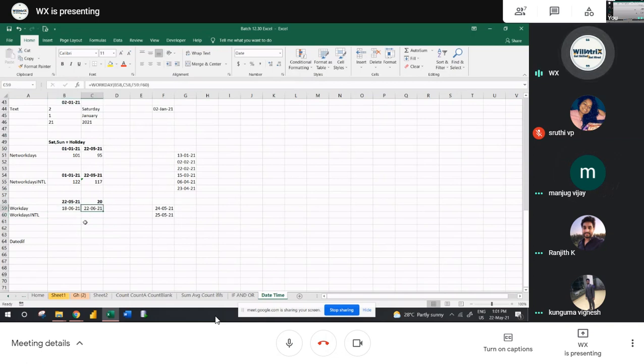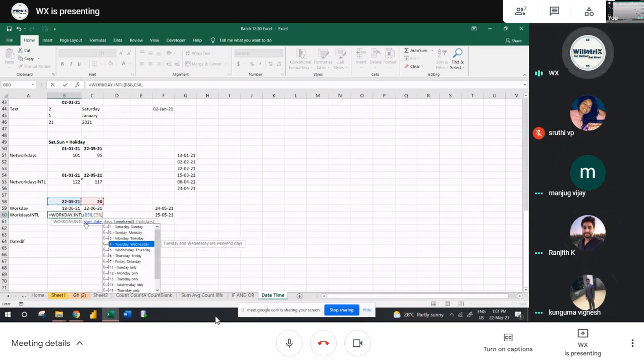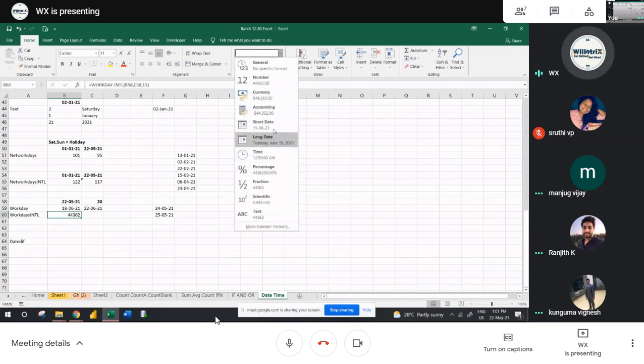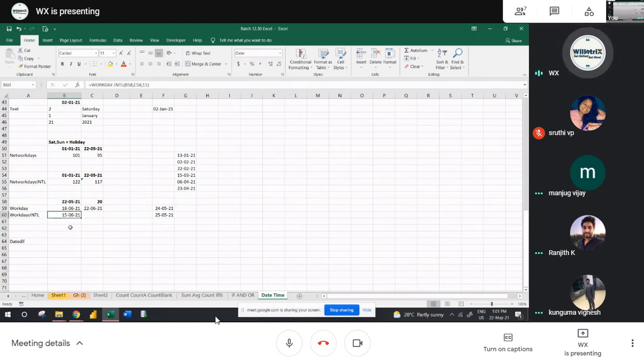Then by default here, Saturday and Sunday will be holidays. Remember that. Then WORKDAY.INTL: start date, then days, then holiday. I will take only Sunday as leave here. That project finishes much sooner than the above date because I'm working even on Saturday. That's why the project is finishing 3 days earlier.